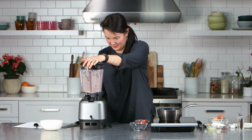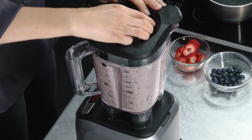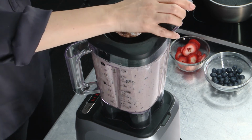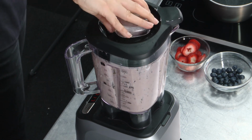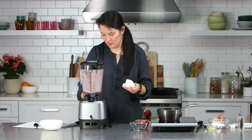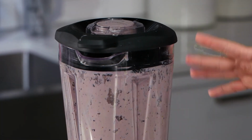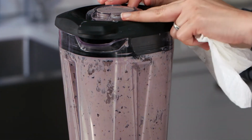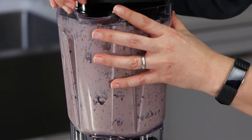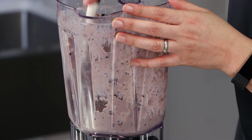Okay. Let me get this guy going. And you know what? It still needs a little bit more liquid. So if you're working with a high-powered blender, it probably won't take quite as long to get smooth. This guy is just taking a little bit longer, and I can see that there are skins in here that have not processed, but let me just,